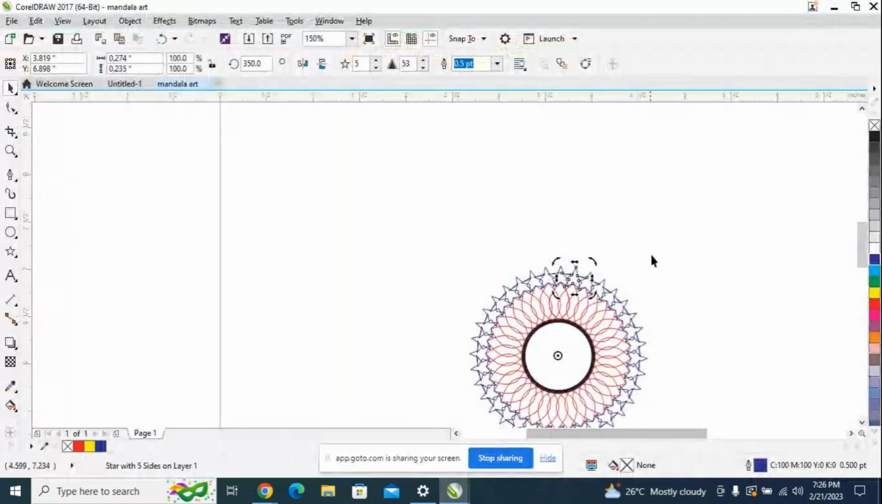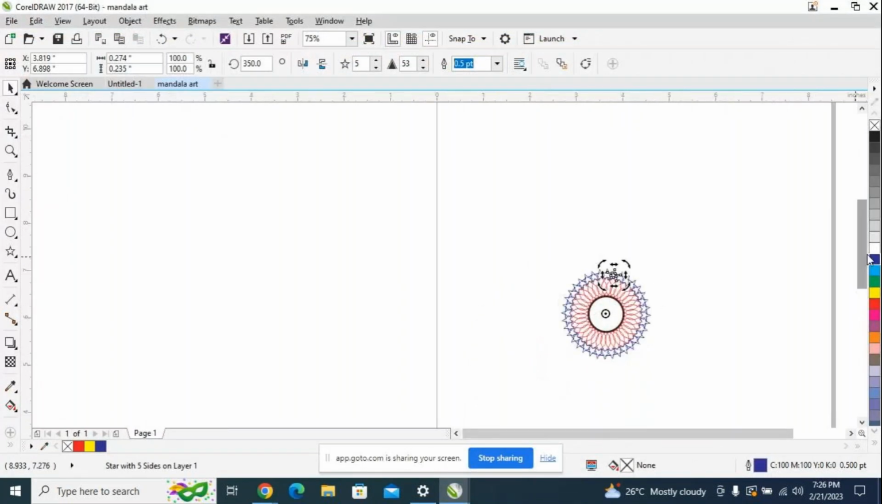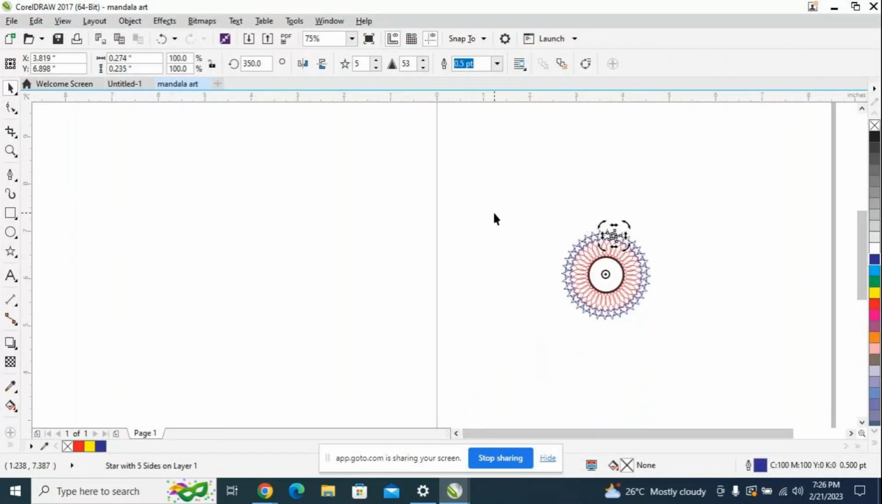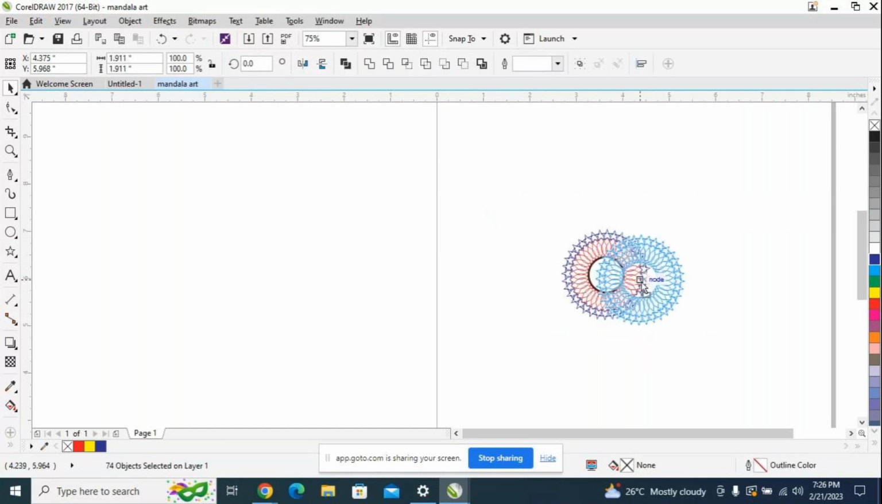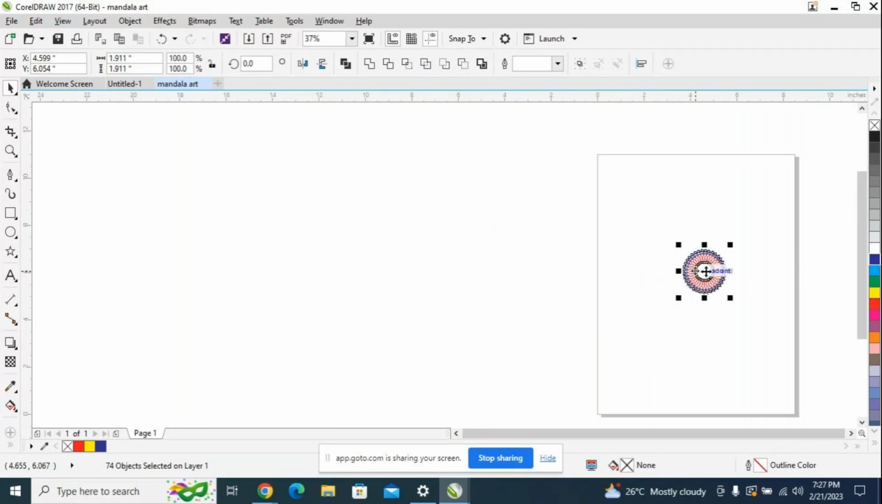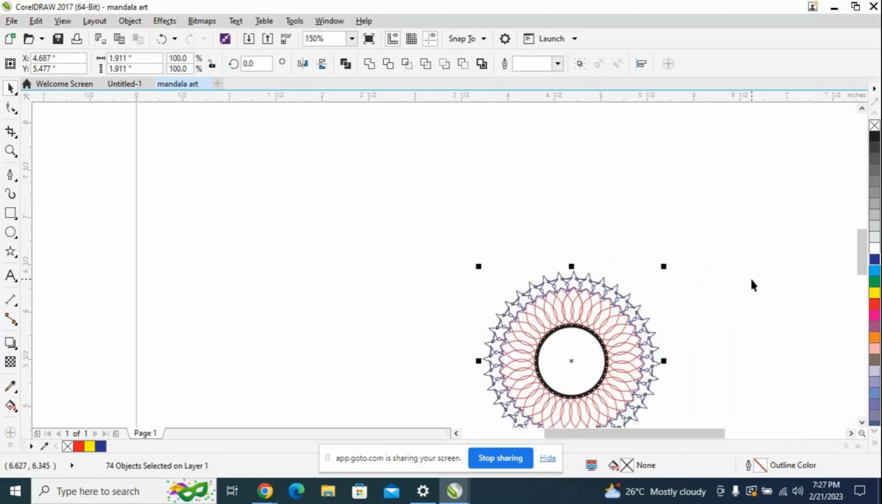After that, we'll take another shape also to get a bigger mandala art. After doing this, select this whole thing and keep it in the middle of the work area. Select everything and keep it in the middle, and you will be having guidelines there so that you can keep it in the middle. After that, zoom in, and